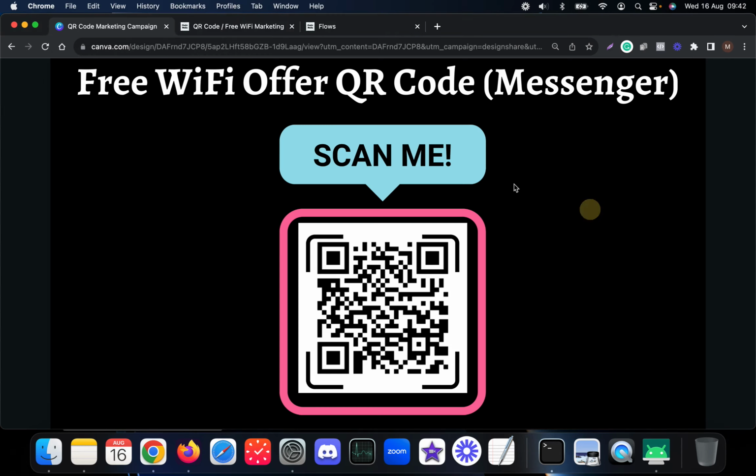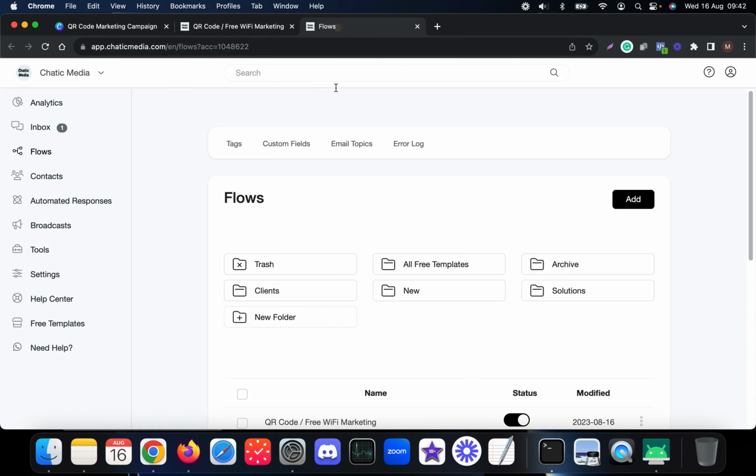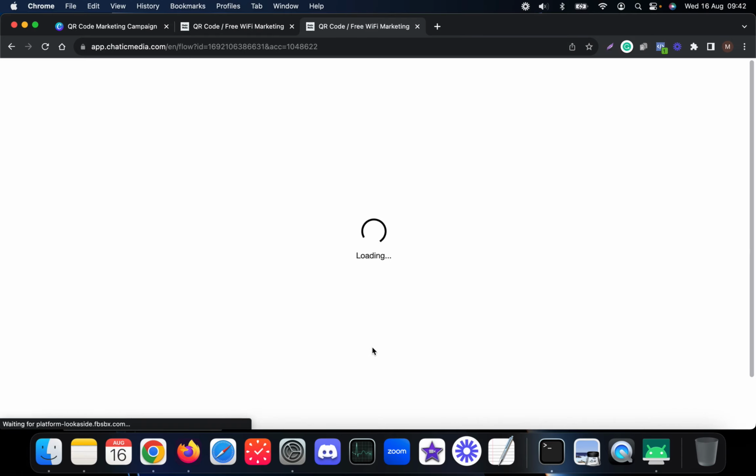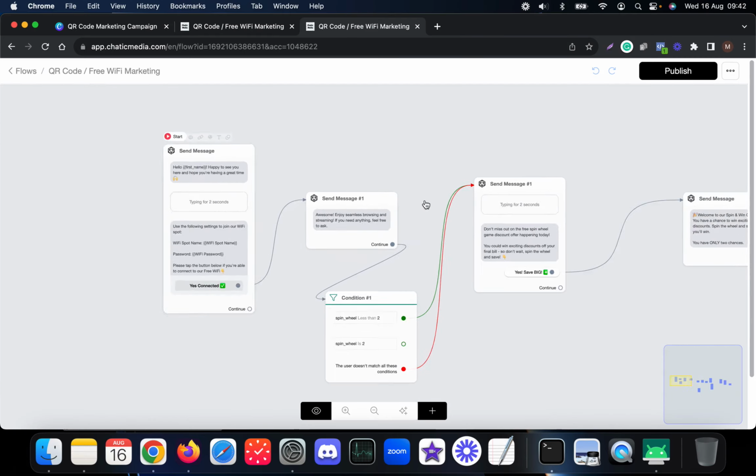So now let's see how this is actually set up over here. This is the specific flow we are talking about, QR code free Wi-Fi marketing. So let me show how this is actually set up. So when this particular